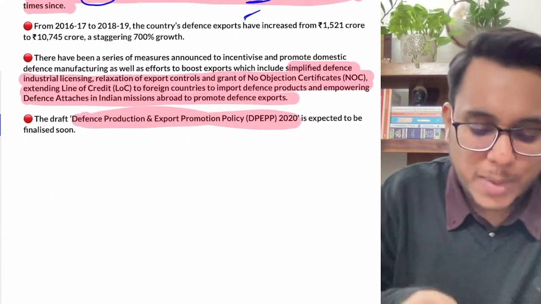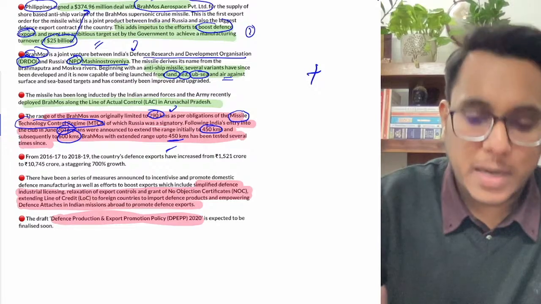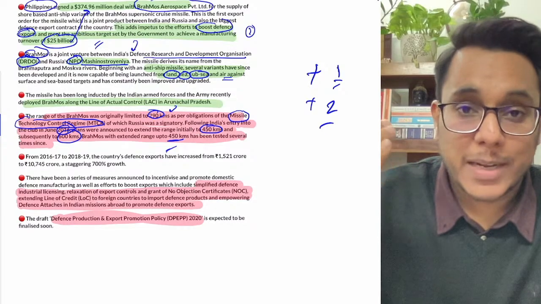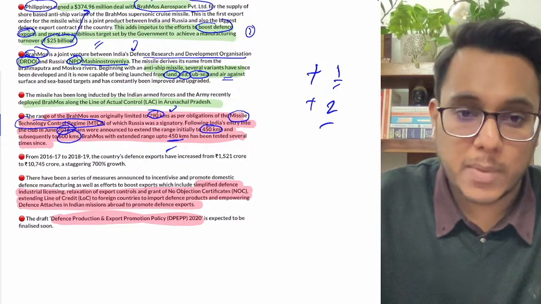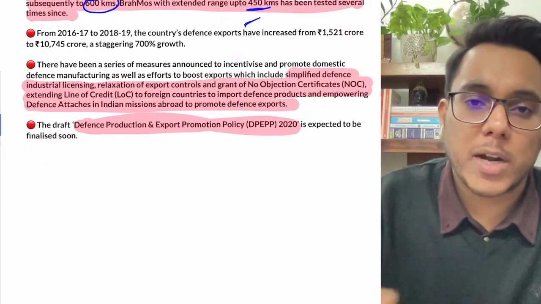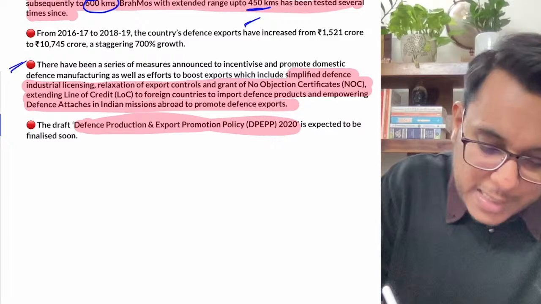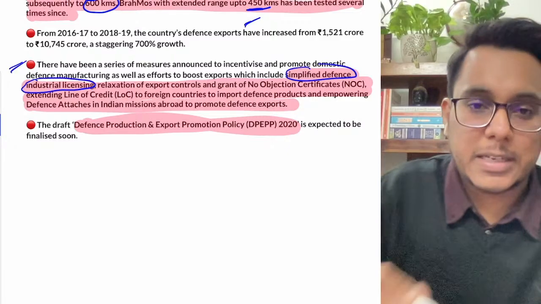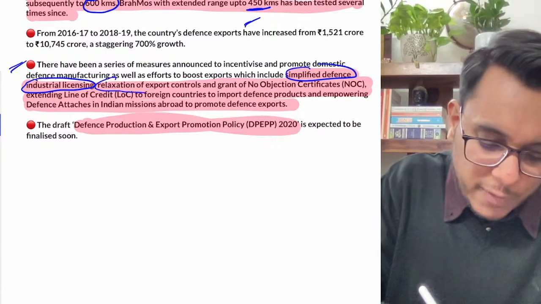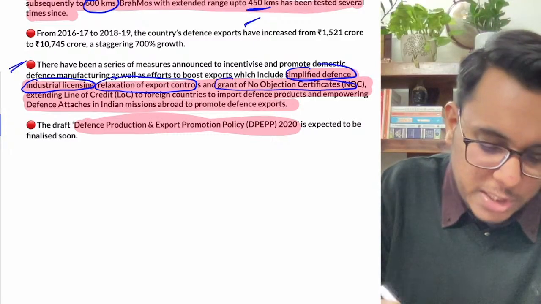Now guys, this deal will help, as I told you, in reaching India's export potential, number one. Secondly guys, it will also expand the defense capabilities of India. It will help in reaching the Atmanirbhar Bharat Abhiyan. Now guys, many steps have been taken by the government in order to increase weapon exports. What we have done is come out with a simplified defense industrial licensing regime, where private players are provided a simplified procedure. Then there is a relaxation of export controls. Was it clear? Fine. After that, there is the easy grant of no objection certificates.